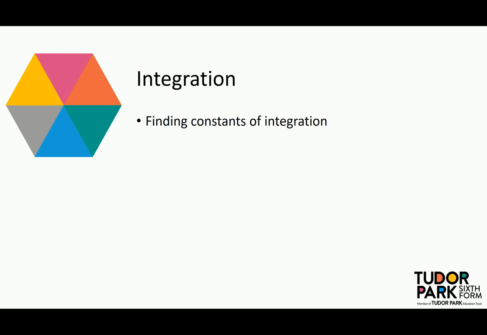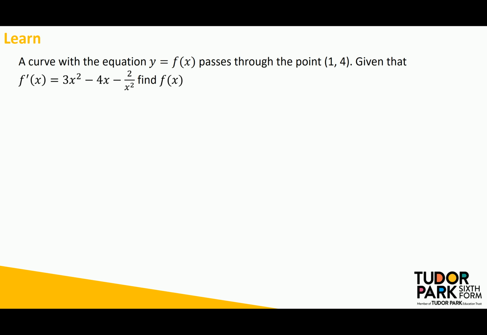Here's a very short tutorial on how we would find a constant of integration. So we have a function f of x and it passes through a specific point. Given its differentiated function, we are now to find the full original function. So I know that f of x will be equal to the integral of f prime of x with respect